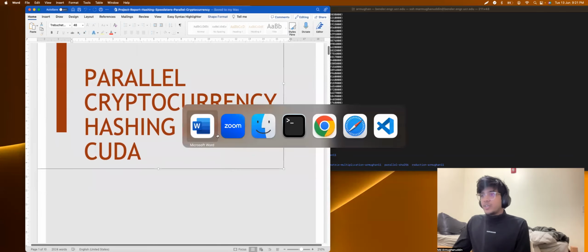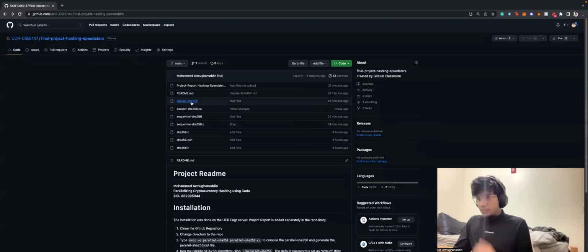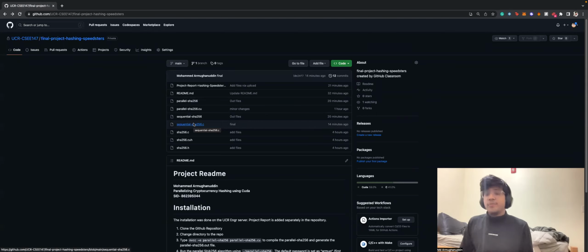So firstly, let's jump right into our code. As we can see, I have a number of files here. Now, initially, one of the biggest hurdles I faced was to generate the testing data. In fact, our professor Daniel Wong also highlighted to me, how are you going to generate the testing